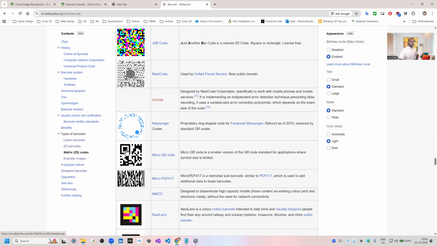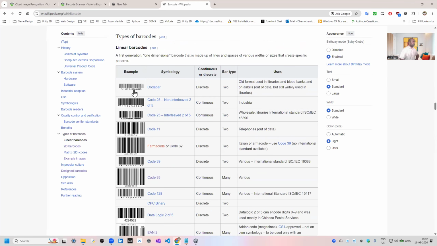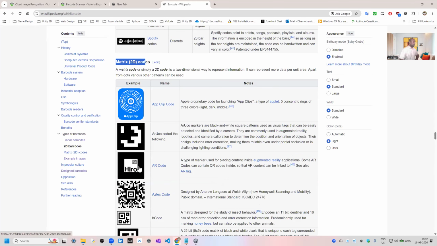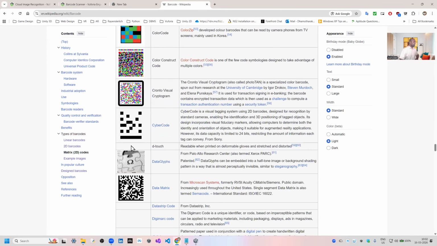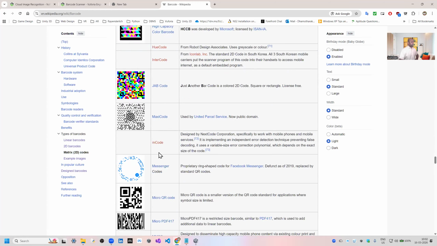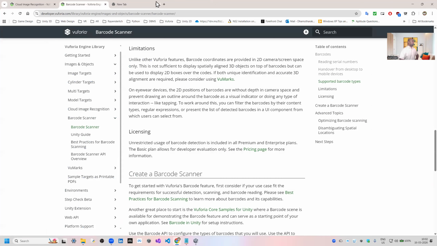So mostly we have seen the normal 1D codes on the product. And we have seen the QR code on the products, like this Aztec code we have seen. Then QR code also we have seen in the product. Okay. So many codes are there. Fine. Now,